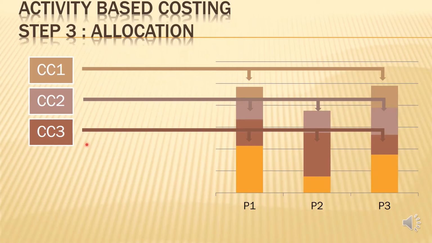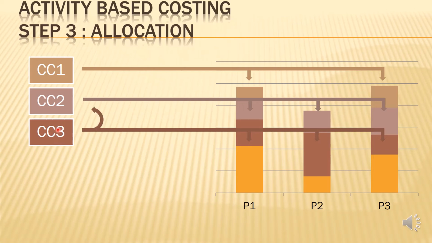Next, it may happen that there may be some relationship among the cost centers also. So let us say that CC1 is the IT department. Now IT department doesn't only serve the products, they may also be serving other cost centers, because everybody uses computers and they may have computer troubles, so therefore they may get some share of things. So to take care of that, sometimes there is an arrow flowing among cost centers also.